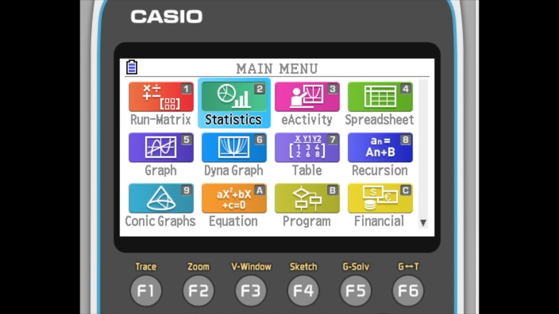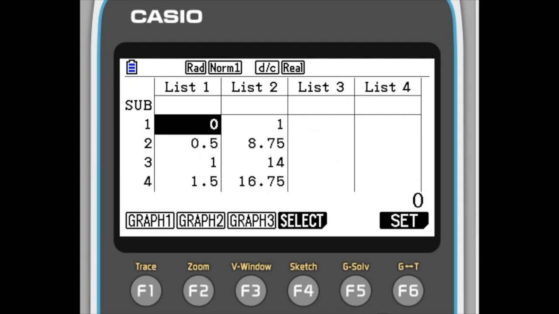We're going to use a Casio calculator to work through the first example in Chapter C10. The question is about the height of projectiles, and it is very strongly suggested that a quadratic model will be appropriate. In order to do this calculation, choose the statistics module, so that's number 2. I've already entered in list 1 the times, and in list 2 the heights recorded for the first of the